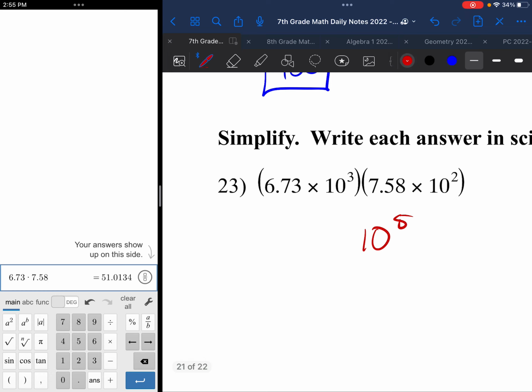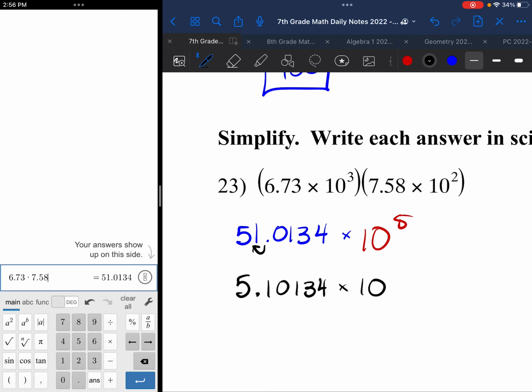And I get, let's zoom in here so I can actually see what I'm writing. This is going to be in pen blue ink. We're going to say 51.0134, which is not in scientific notation. So to turn it into scientific notation, I need to move the decimal point to the left. So it's going to be 5.10134 times 10 to the power of,